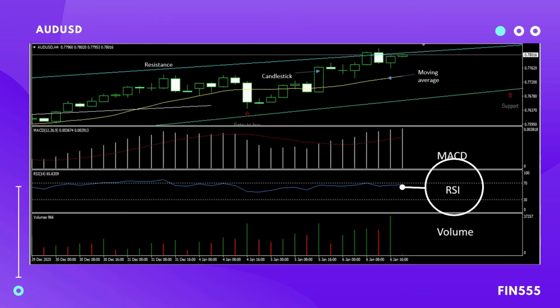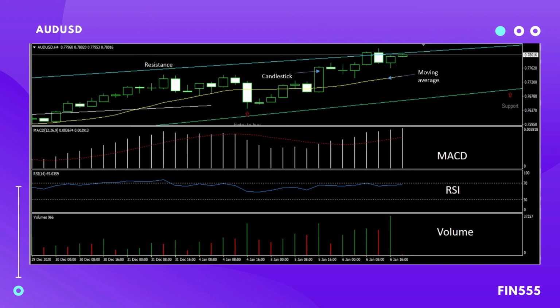Next, we move into the relative strength index. As for the chart shown, the blue line is the gap between the 4th January until 6th January. The RSI is trading above 30, which means that the currency pair is in a lasting uptrend and is ready to sell. Lastly, volume, which can be defined as a way to assess the significance of change in security price, is simply the quantity of currency that changes hands from sellers to buyers. On the 4th of January, the volume is at its peak, but the price is falling, showing that the market is bearish. Then traders will normally buy if the price is going up.